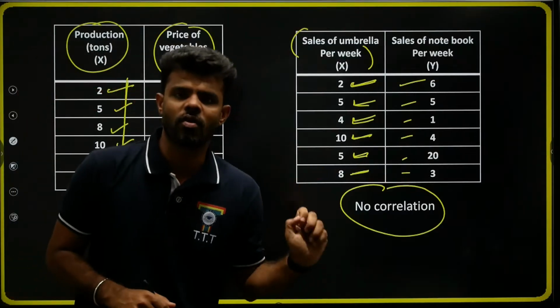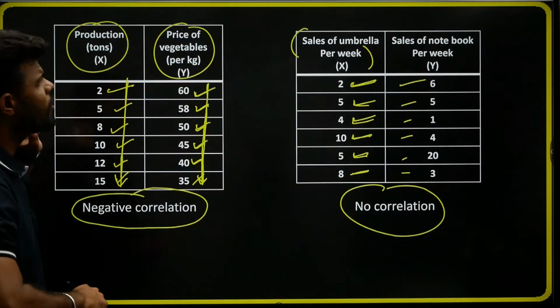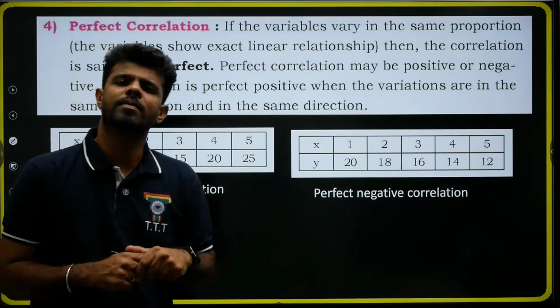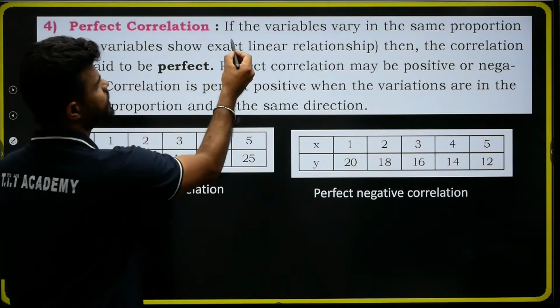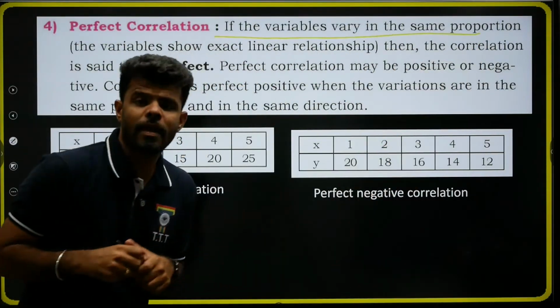So the fourth type of correlation is called perfect correlation. So what do you mean by perfect correlation? That means if the variables vary in the same proportion,